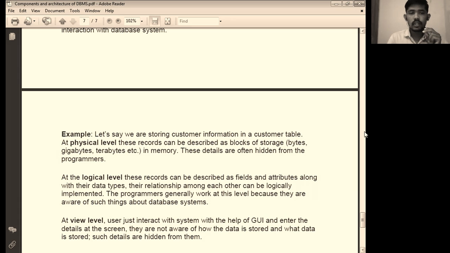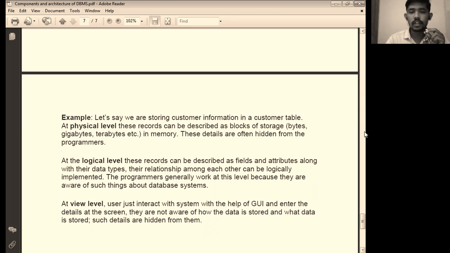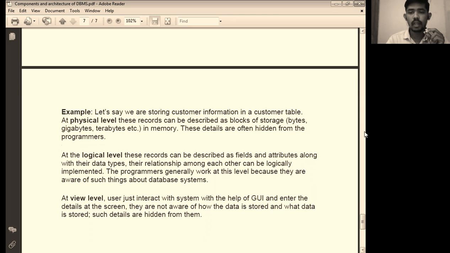So data type and other related information is hidden from the user, and at the physical level the data are stored in bytes, gigabytes, terabytes in a memory, and all other information is hidden from programmers or user.